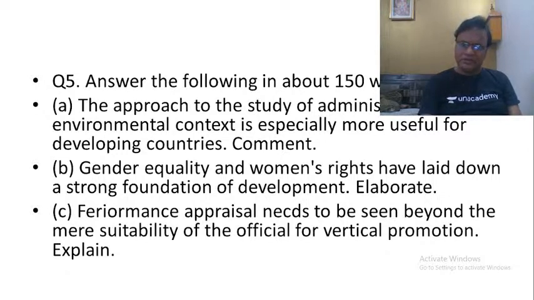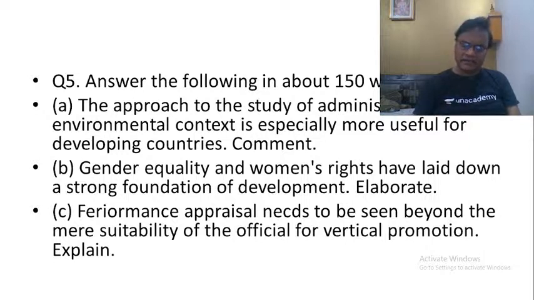The approach to the study of administration in its environmental context is especially more useful for developing countries. Comment. Please remember, we have discussed this kind of questions in the previous questions also. As I said, for most of the questions, the answer will be the same only. So what we are saying here is that, the question says,